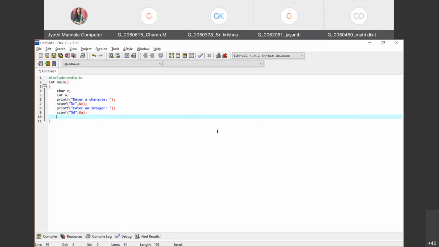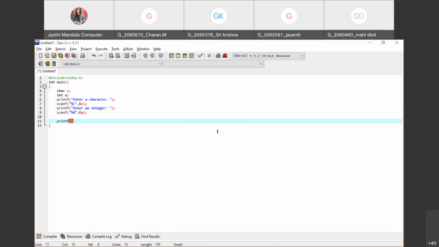Now once you read the character value in C and the integer value in A, the next thing I want to do is print the values. That's it. I want to see whether the values are successfully stored in those variables or not. So first I'll print "The entered integer value is", giving the format specifier and the A value.